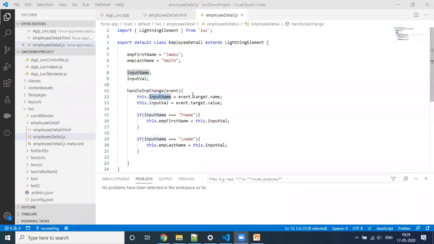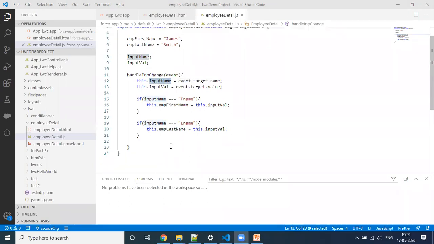On line number 15, write this dot input name, and 19 as well. Yeah, this dot is missing.